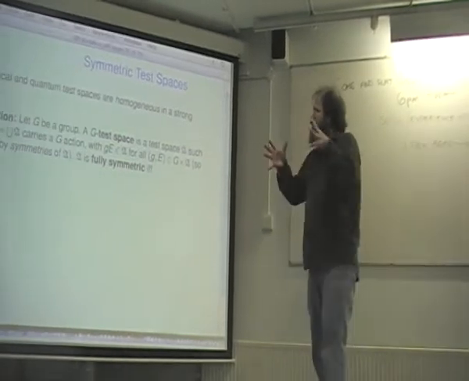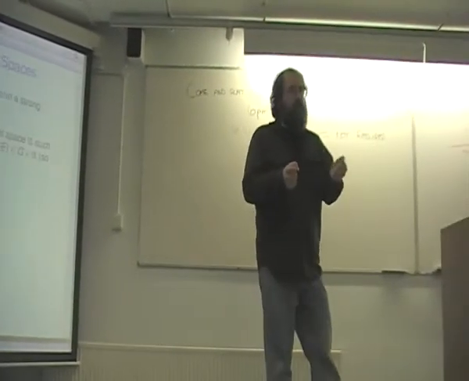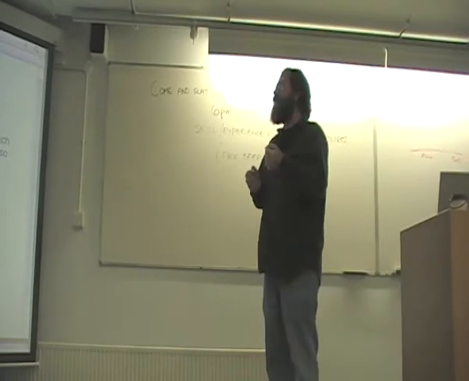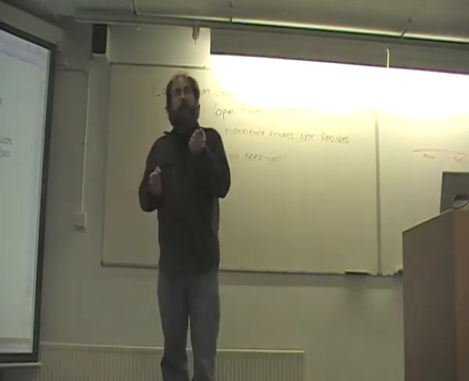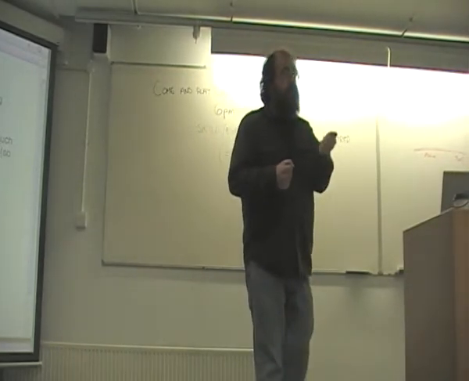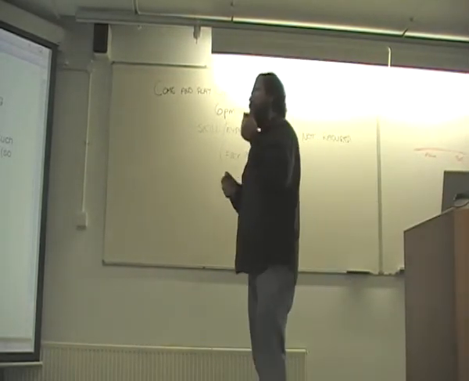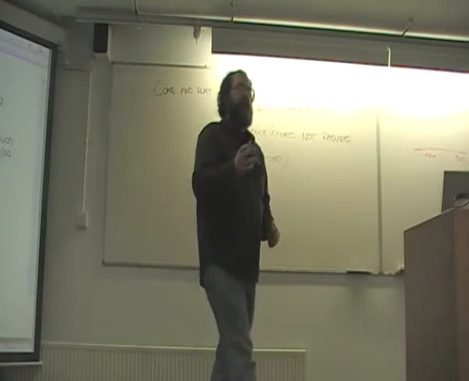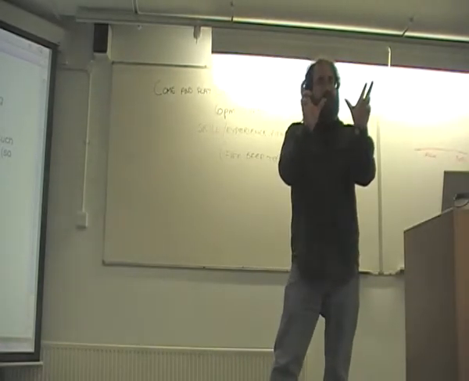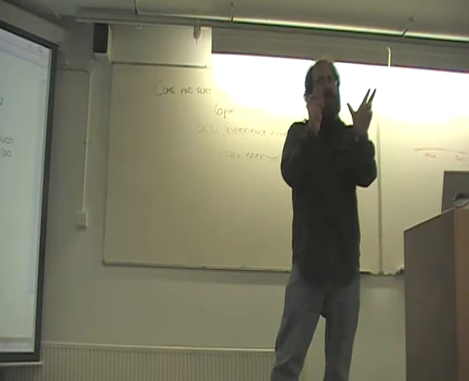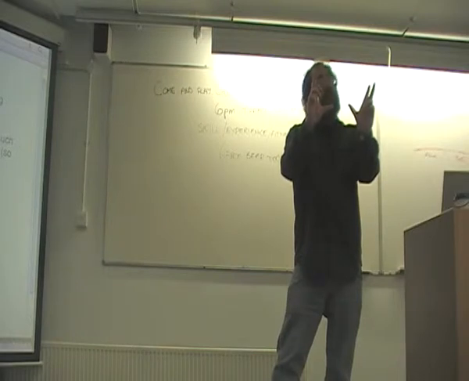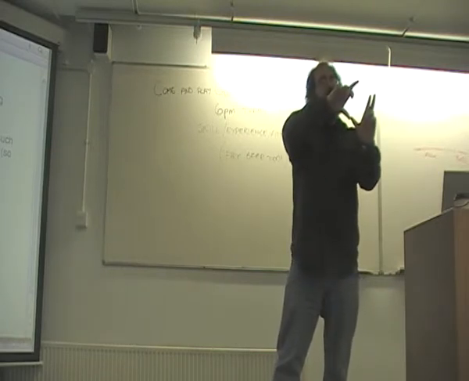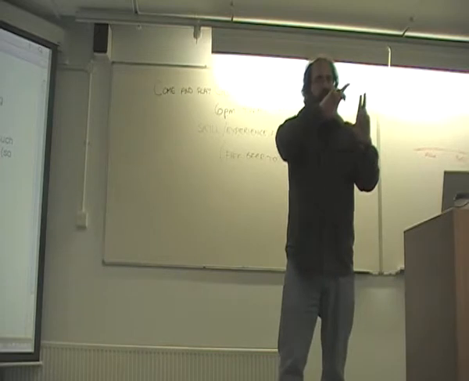I now want to restrict it. One of the features that really is characteristic of quantum theory is the degree to which it's very, very, very highly symmetric. Let's think about the space of orthonormal bases, or frames, of the Hilbert space. If you give me two frames, think of them as the outcome sets of two quantum experiments, and you give me an arbitrary matching between those two sets, there is always a unitary, indeed a unique unitary, that implements that matching. That's symmetry of a very high order, right? A very strong kind of symmetry.